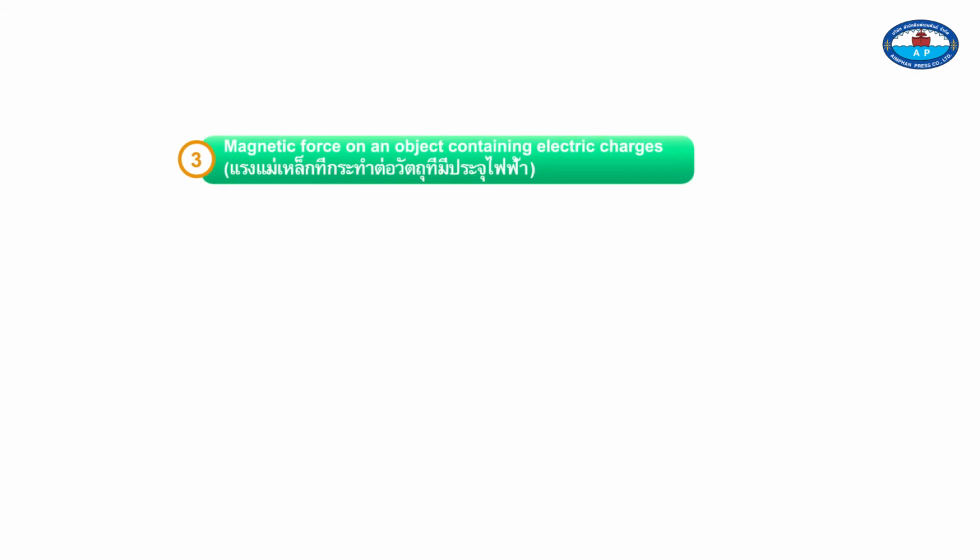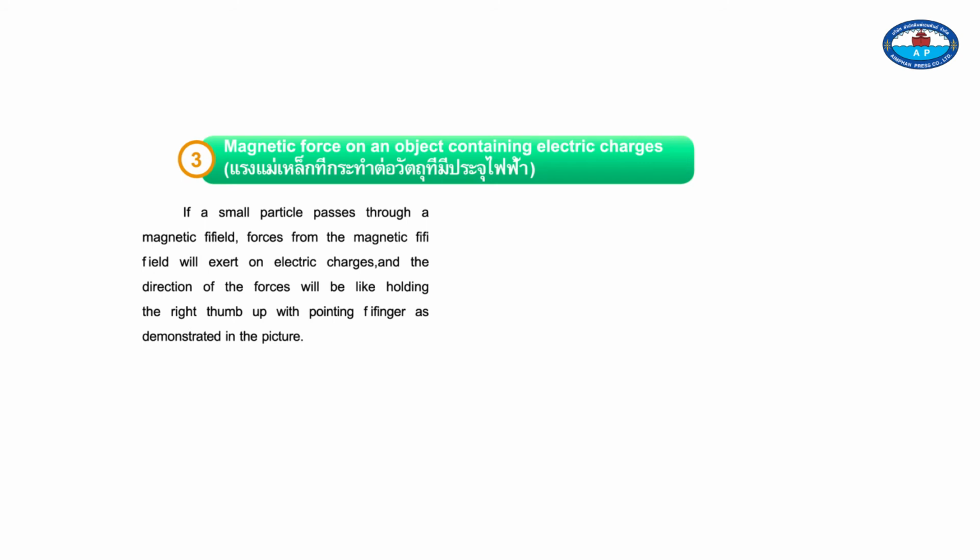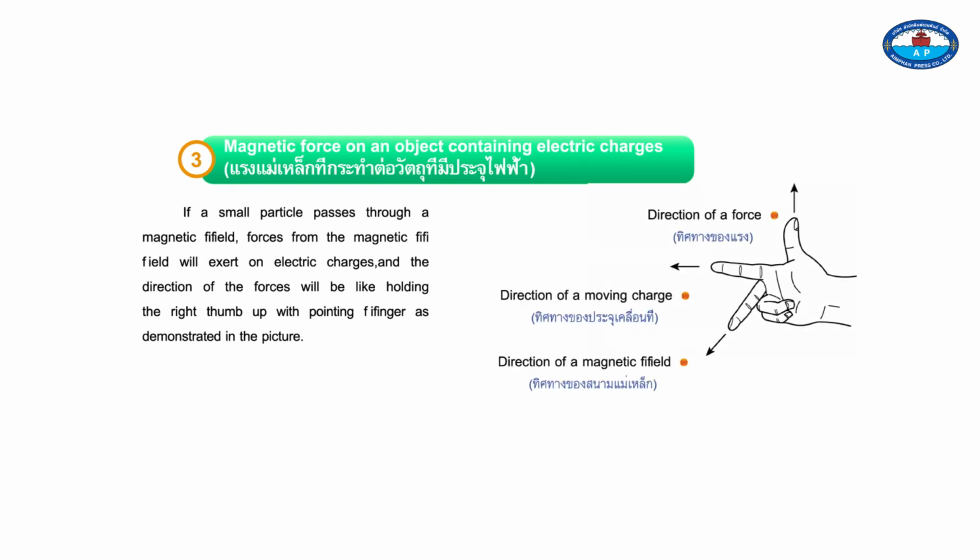3. Magnetic force on an object containing electrical charges. If a small particle passes through a magnetic field, forces from the magnetic field will be exerted on electrical charges, and the direction of the force will be like holding the right thumb up with the fingers pointing, as demonstrated in the picture. Direction of a force: